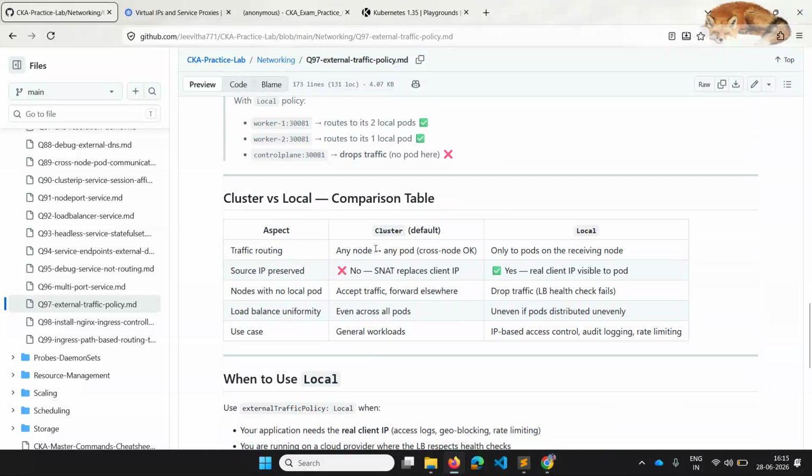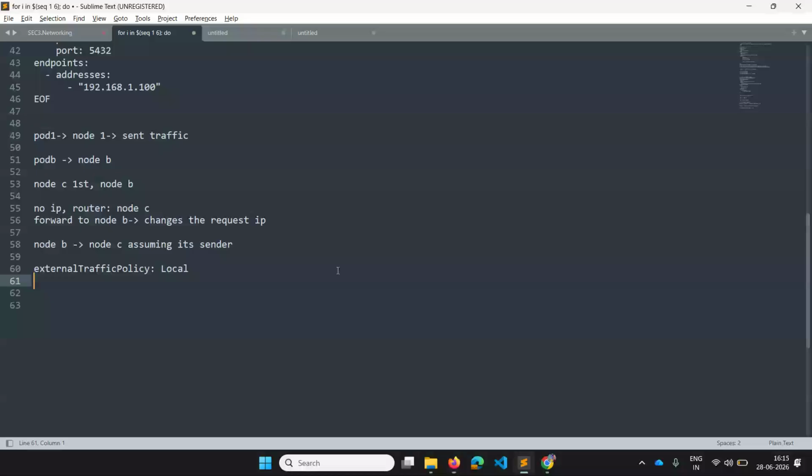So traffic routing is any node to any pod in cluster. Local is only to the pods which are on the receiving node. And you know what happens when you are using LoadBalancer type services in cloud environments.